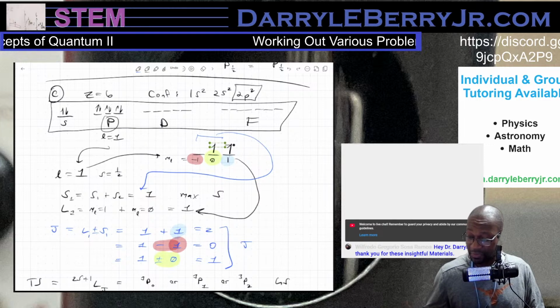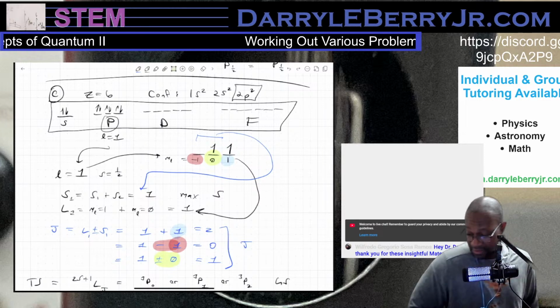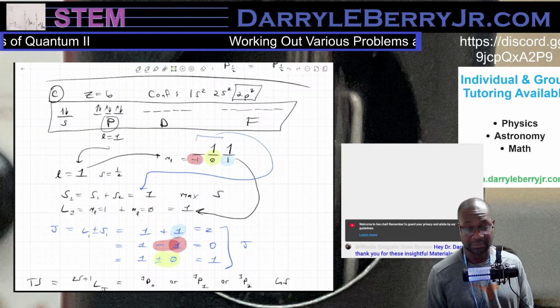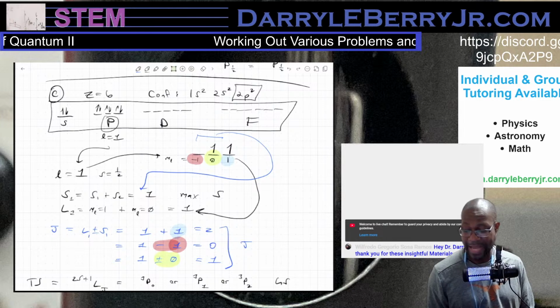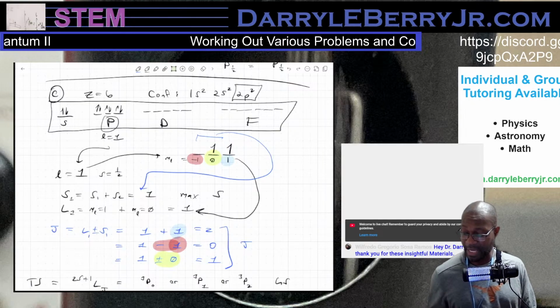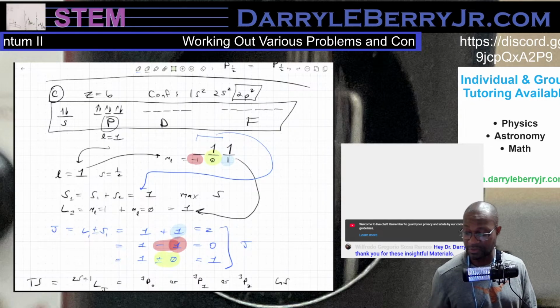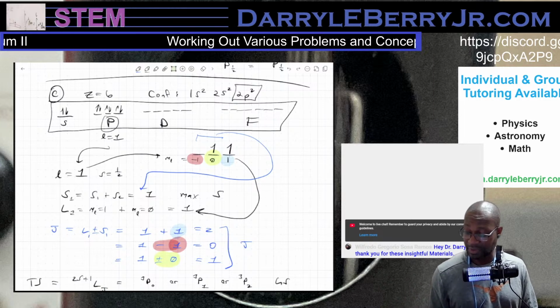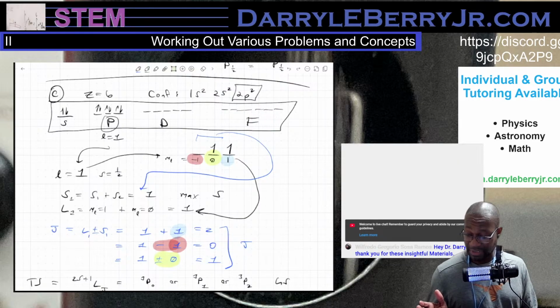Like we don't put the second electron upside down. We stack in the same direction, and we learn from quantum mechanics it is because of the spin mechanisms in the particles, or the angular momentum, the magnetic dipoles, all of this stuff reacts a certain way. Specifically, the dipole of the first electron has an impact on the second electron, so it wants to be aligned with it. It's like how a compass aligns with the magnetic field, and thus we have those in line. So that's why we have